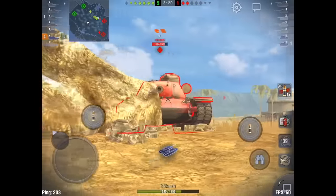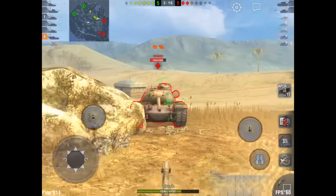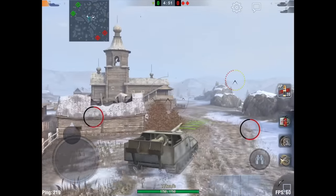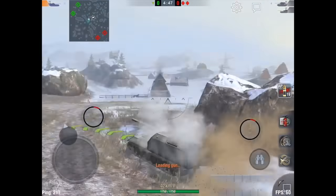Today we'll be taking a look at the brand new Tier 10 Soviet tank destroyer, the Object 263. Although it has the smallest millimeter for any tank destroyer so far, only 130 millimeters, it makes up for it in almost every respect. In 1950, the development of a heavy tank destroyer on the basis of the IS-7 heavy